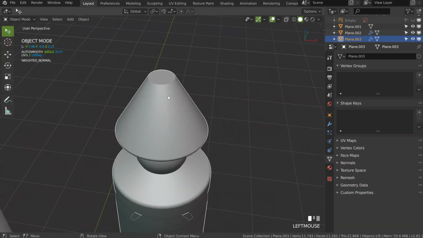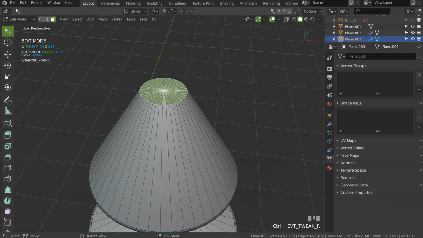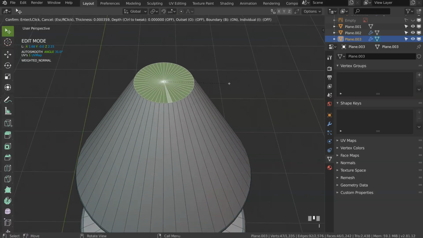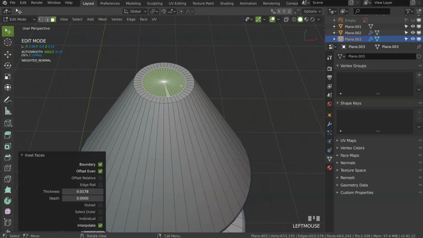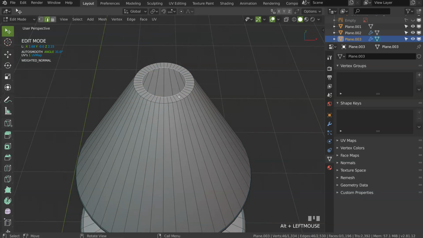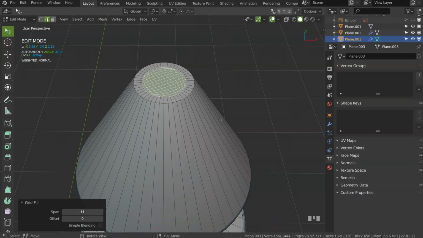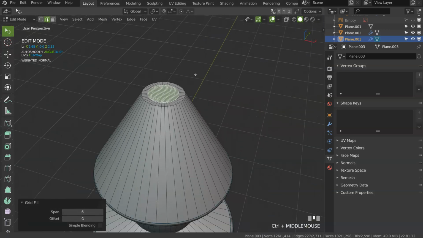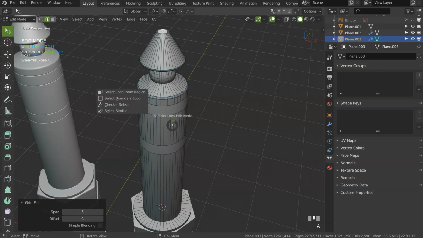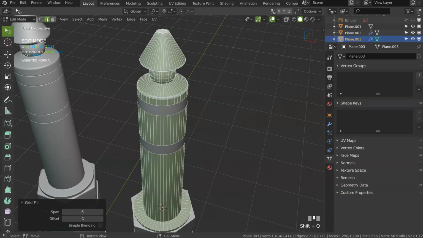Bam, bam. Maybe on this one I can select all of this, press I to make an inset. Let's remove this one, and I can call the grid fill. Grid fill, boom. Play with the number of cuts. Let's decrease it again. No, one more. Move like that. And that's it. You made this. This is correct. This is also a possibility.